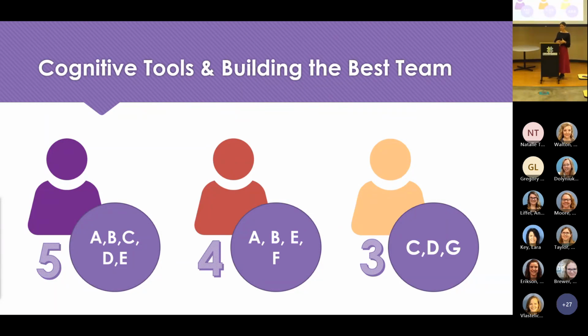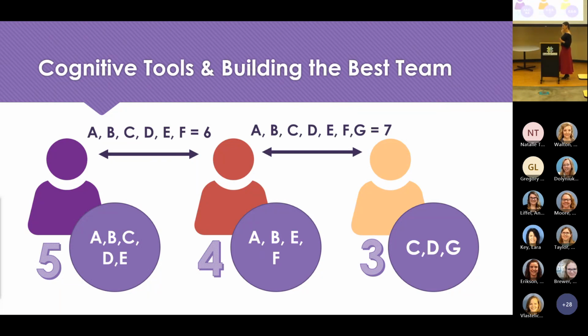Sometimes there's value in choosing the most cognitively diverse team because, as you can demonstrate here, if we were to choose the people who had the biggest skill set, we would be choosing purple and red because together in these skill sets from A to G, they actually have 6 unique skill sets. But if you look at the other 2, who technically don't have the biggest skill sets but have some unique skills and less overlap than the first 2 individuals, and you add up those skill sets, it actually equals 7. So you have more unique skills amongst those groups.